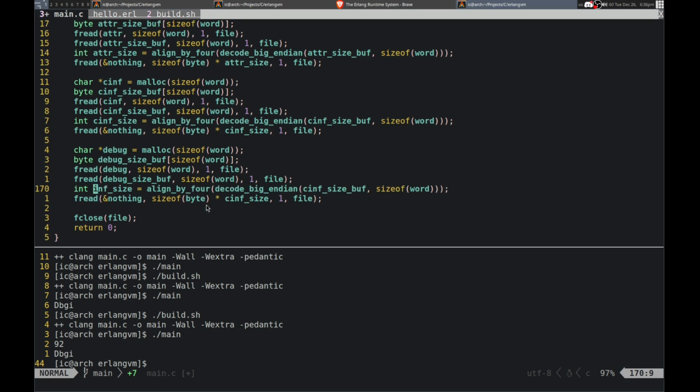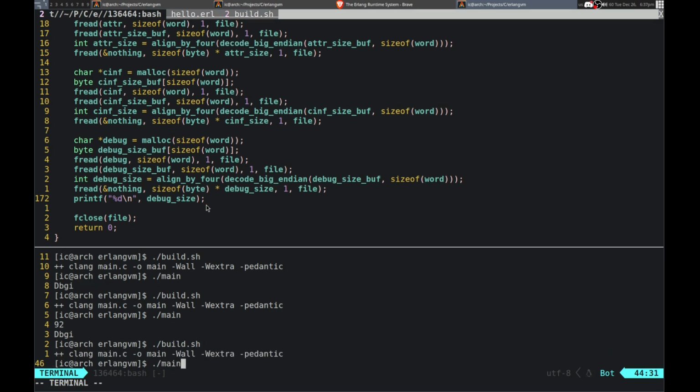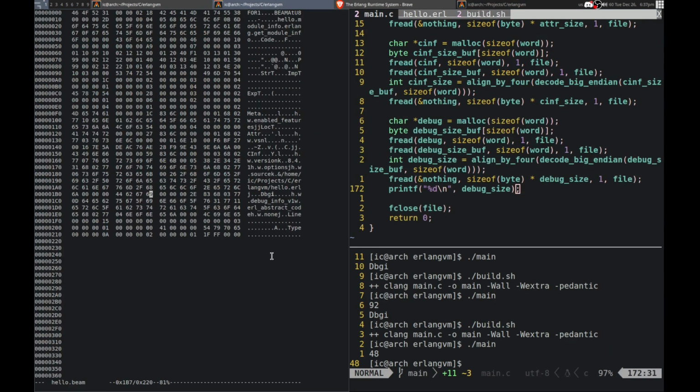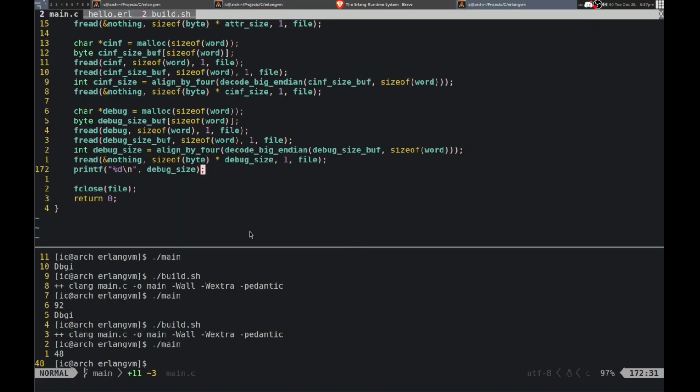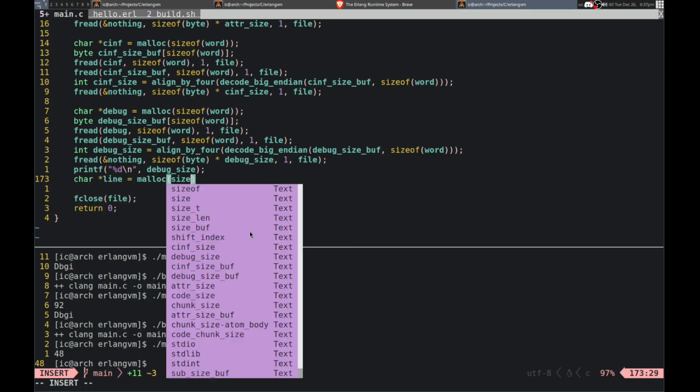So this will be debug size. Debug, okay. And let me print out debug size as well. Alright, so let's see. 48. Alright, so we are pretty far in. Probably line or something like that. Now, we can find out though.